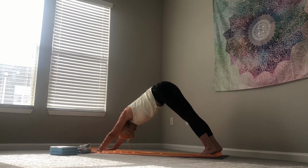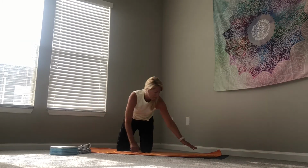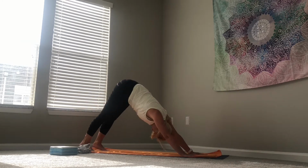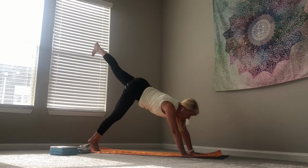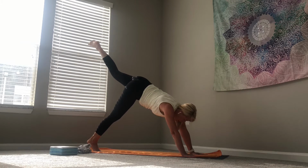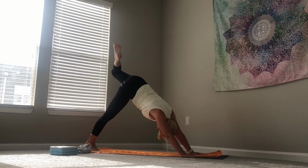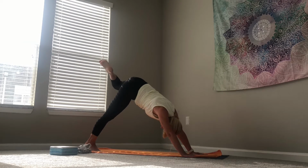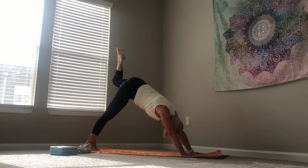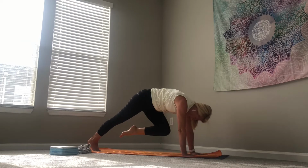Take 3 breaths here. We're going to step our right foot now to the center. Inhale, lifting this left leg high to the sky. Bend our knee, keep our hips and shoulders square, and find those knee circles. Reverse those circles. We'll point this left knee down, and we're just going to bring it through and come down